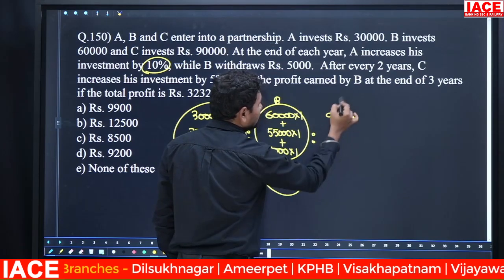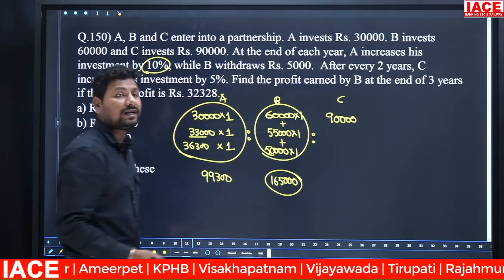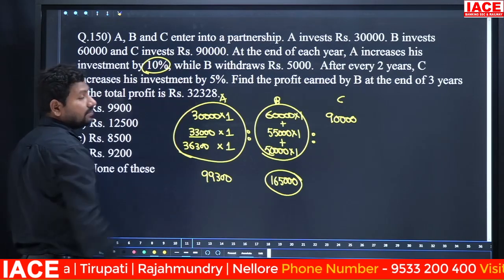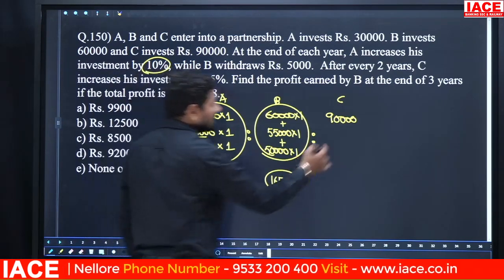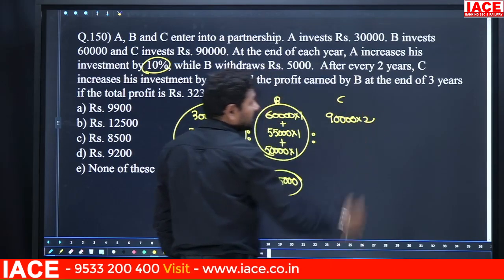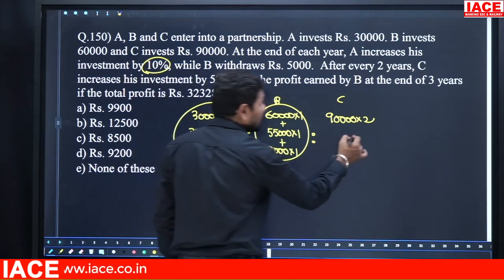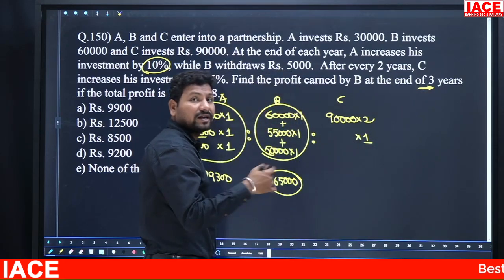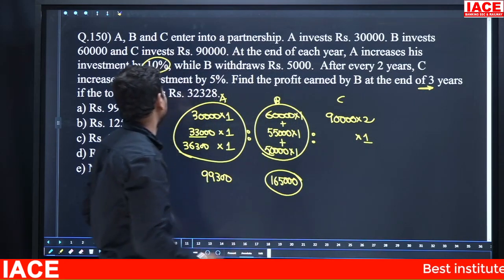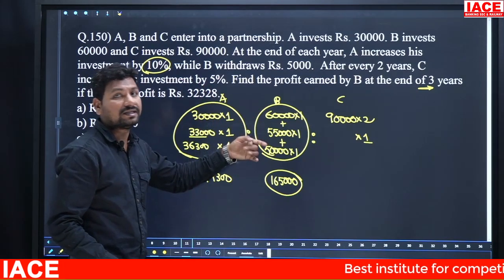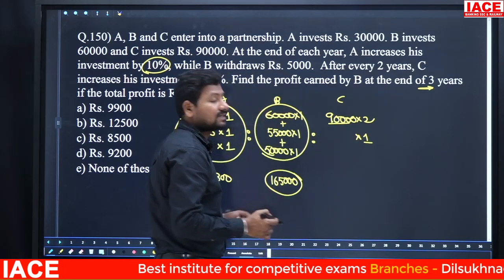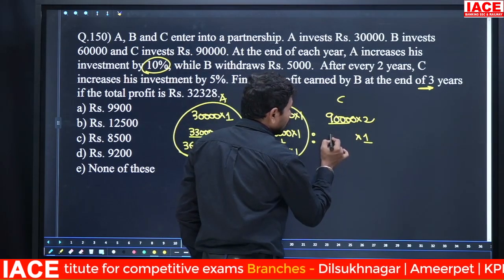Now we'll write the C portion. C invested 90,000. After 2 years, C increases his investment by 5%. Still, no extra investment, but 2 years are completed. There is another 1 year, because the end is 3 years. His investment is going to change by 5%. 10% of 90,000 is 9,000, so 5% means 4,500. Then his investment becomes